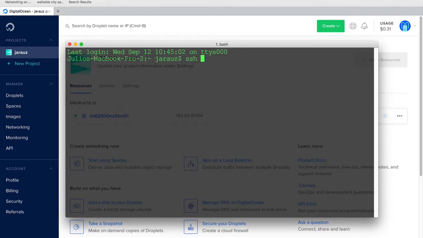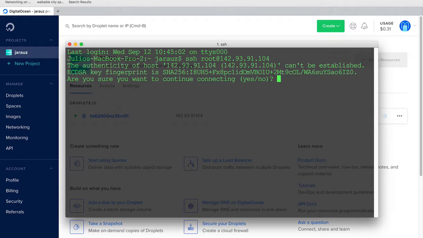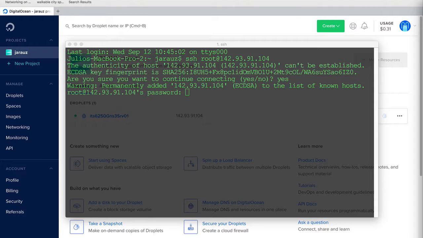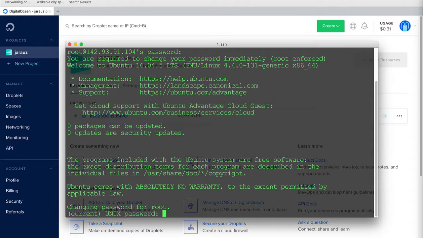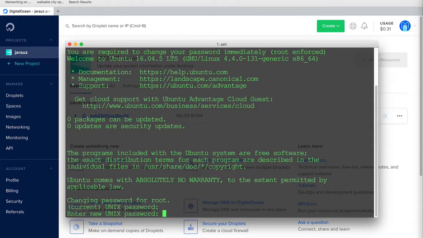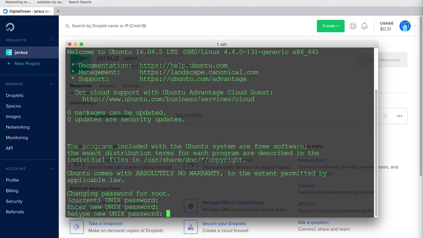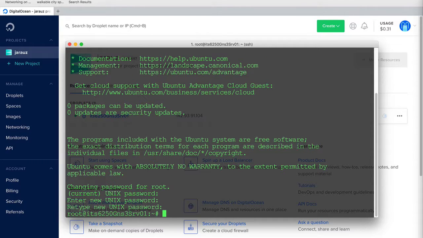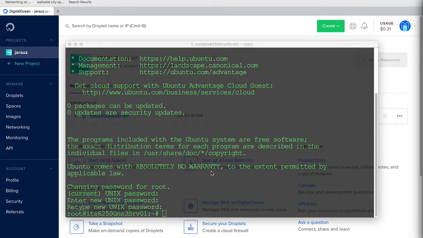I'm going to do SSH root at that machine. Via email, I already received the password, so I'm just going to do the usual one and copy the password and paste it there. I'm going to change the password to a different one. Okay, and once I'm done doing that, I'm going to go with the instructions that you saw previously to create a virtual machine. So I'm going to add my username,